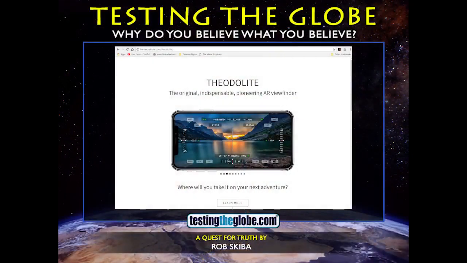His brother is an airline pilot, I believe, and my friend lives in Washington State, and his brother lives in Colorado. And they had this app, and you can download it, $6 for your iPhone. It's called Theodolite. You could download that app, and it's something surveyors would use to check angles and distances and things like that. So Theodolite is the name of it. And so he and his brother, it was one of these days where the moon was out at the same time as the sun during the day. And they said, okay, they're on the phone with each other.